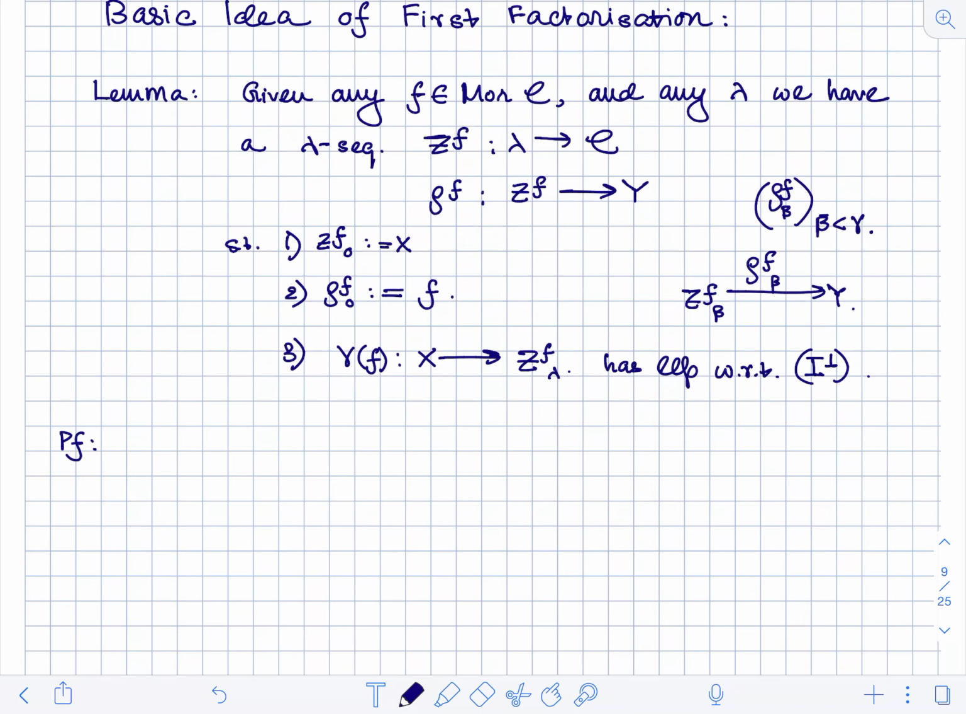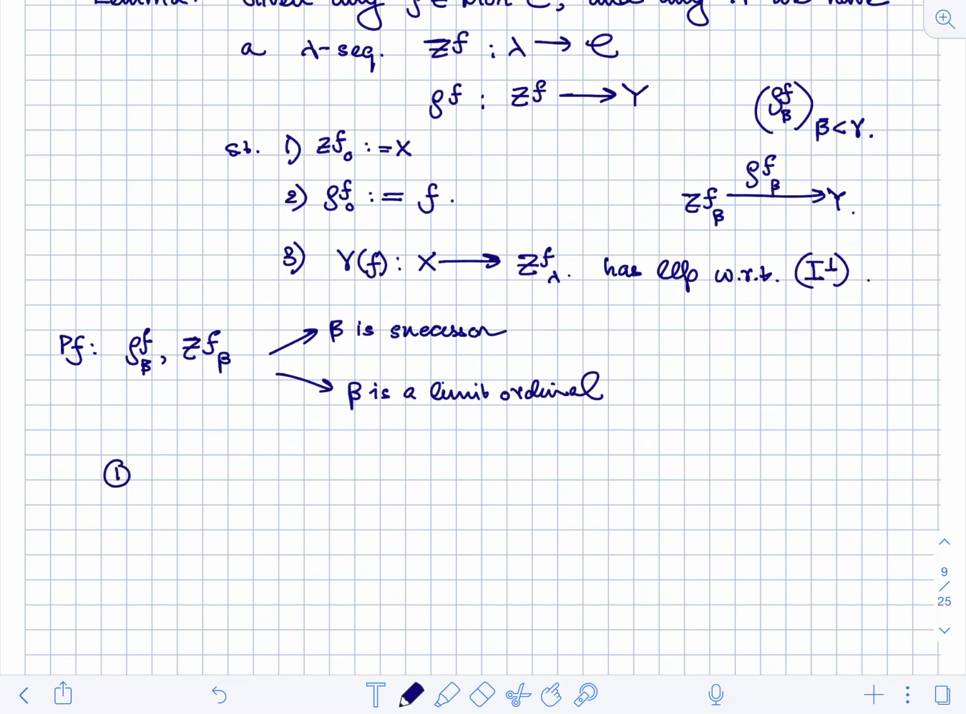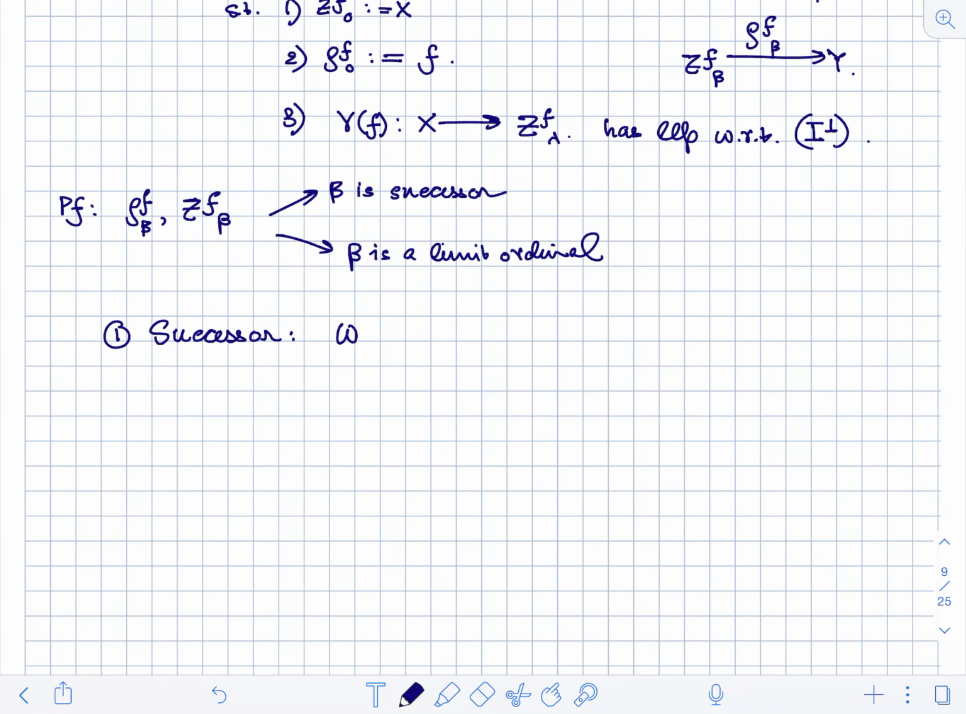Now, how do we generate this lambda sequence? Essentially, to describe the lambda sequence, we need to know what ZF beta is in two cases, where beta is a successor and where beta is a limit ordinal, and similarly for rho f. So first we look at the case where it's a successor. Suppose we know ZF beta and rho beta f, then